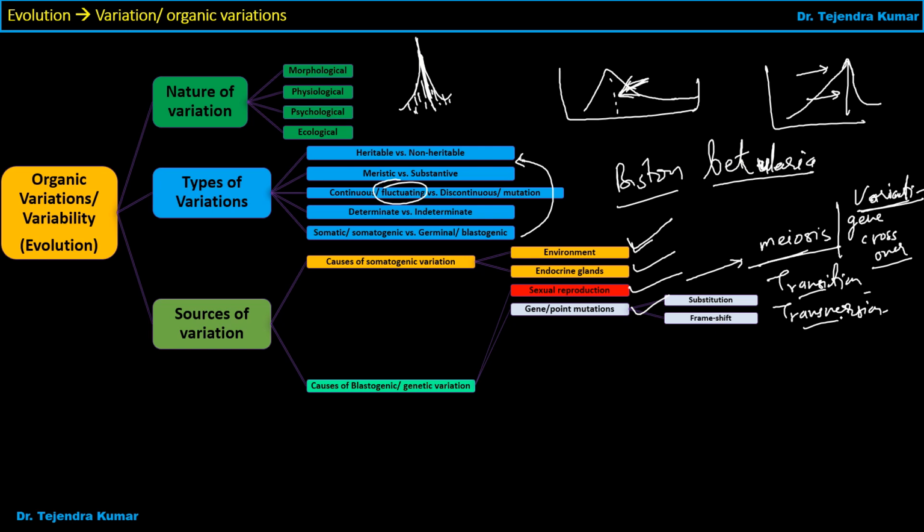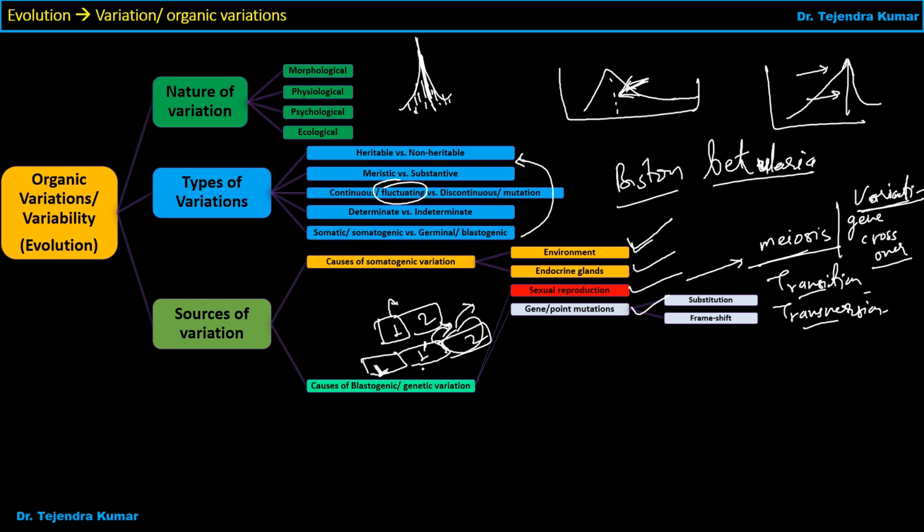Now we are talking about the frame shift, as I told you. Frame shift happens whenever the frame is continuously shifting. Suppose one is again repeating, so the structure will be like this. This is one, and this is two. This one is original, this one is the new one, and this is two. So what happened? This thing is shifted from one place to another place, and one thing came in between.